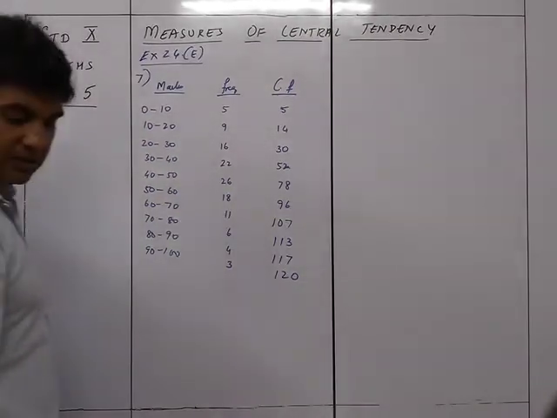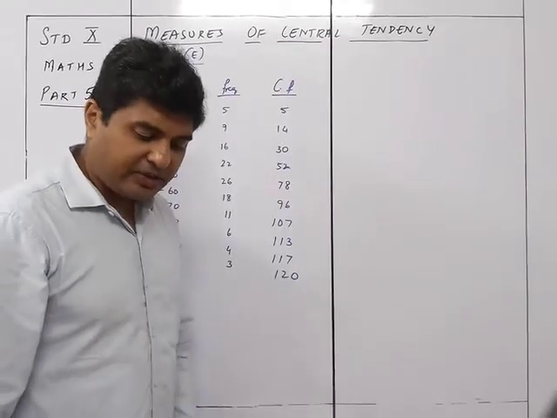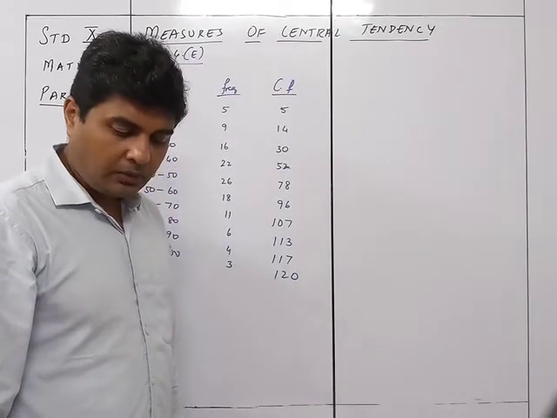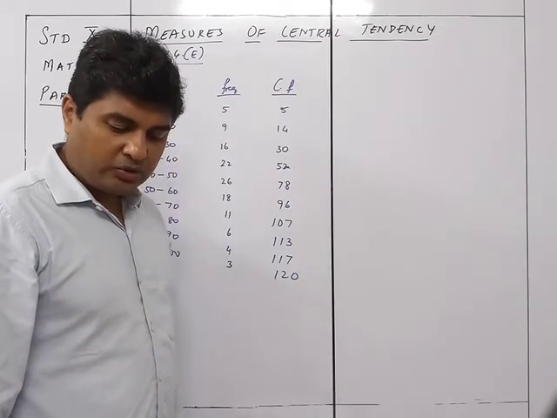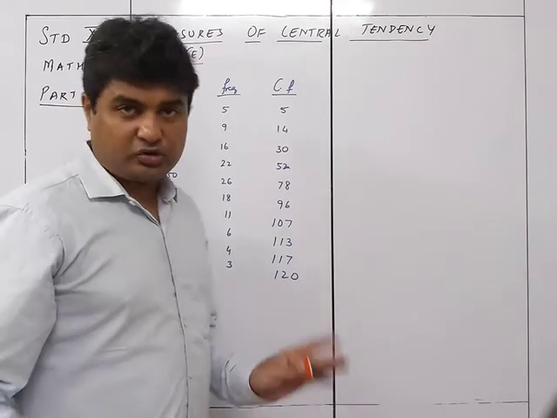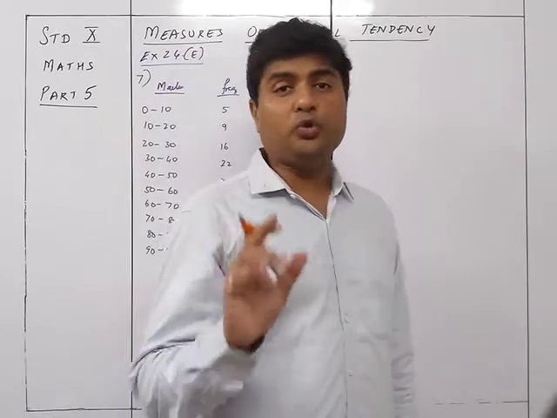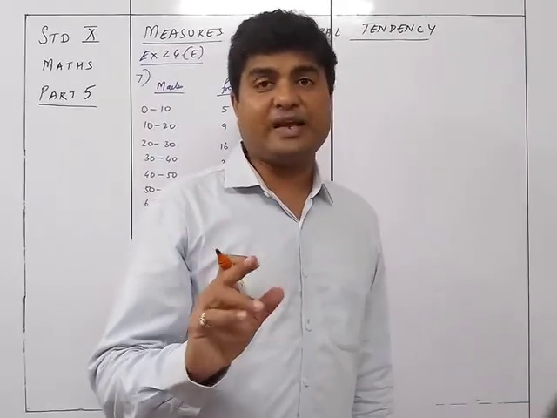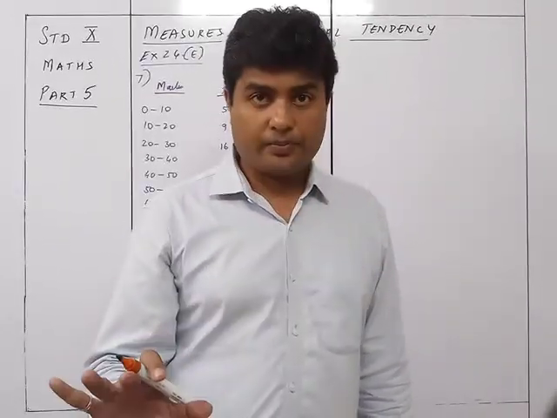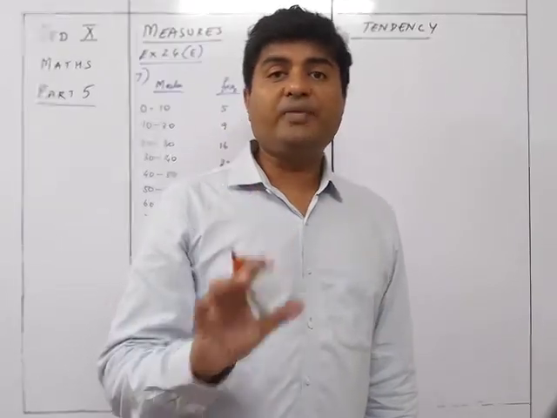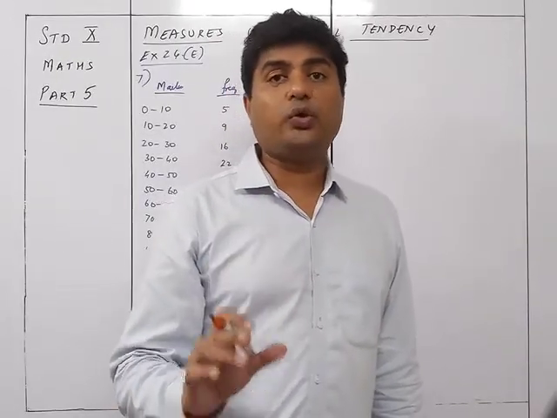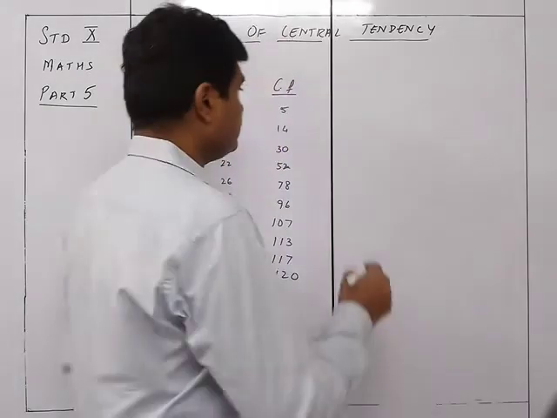So this is the thing. Now draw the ogive with the given distribution on the graph sheet. Use a suitable scale for use. Okay, they gave a suitable scale, so not a problem. If they give you a scale, you have to use the same scale. If you use any other scale, you get the whole sum wrong. So be very careful. If the scale is given to you, you will have to use the same scale.